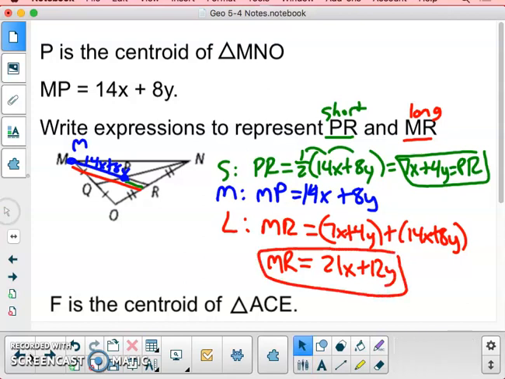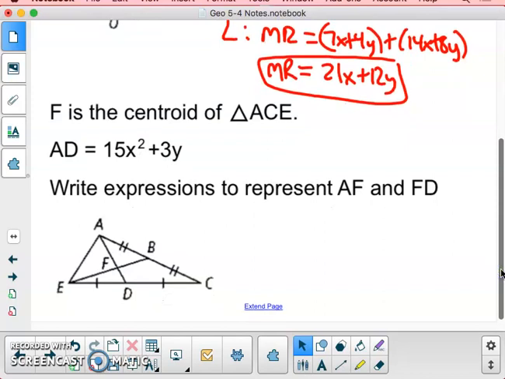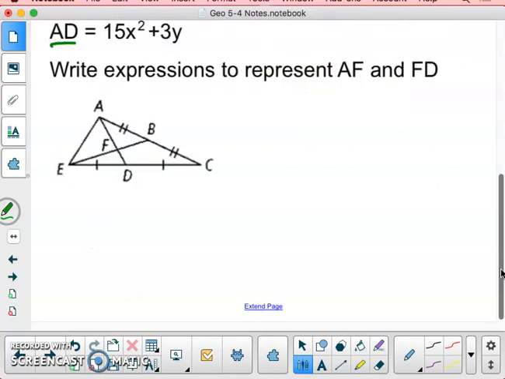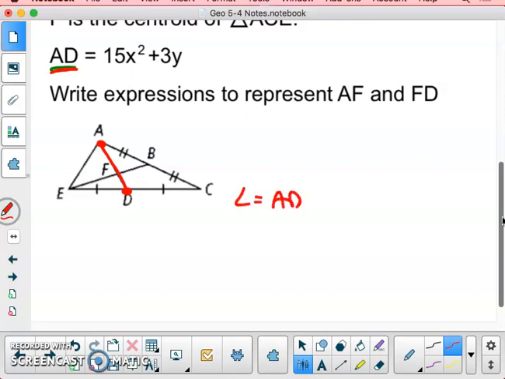Okay, so in all of our examples so far, we've gotten the middle piece, the medium piece, first. We can cut that in half to get the short piece, and then add short plus medium to get the whole thing. This time they start us with AD, which is the whole thing, so let's see how that changes things. They gave us the total, which I guess I've been making red so far. They gave us all the way from A to D, the long piece,